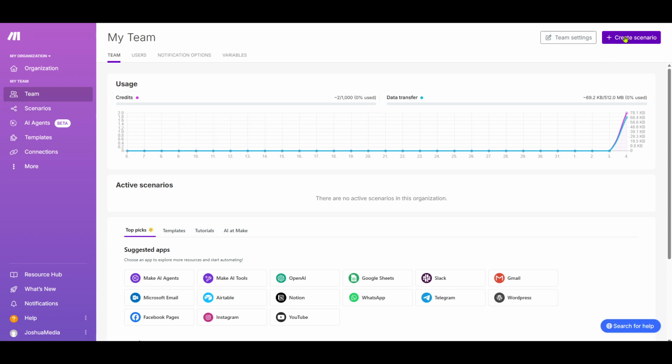Next, click on Create Scenario. This is where you'll start building your automated post workflow. Now, once you're in the creation screen, you'll see an option to add. Clicking on Add will take you to a module selection area where you'll choose the apps you want to integrate